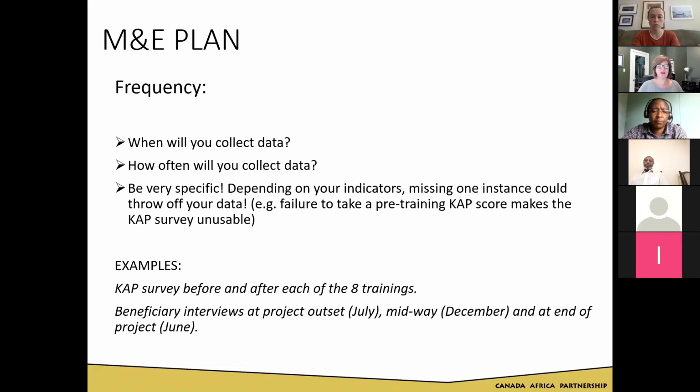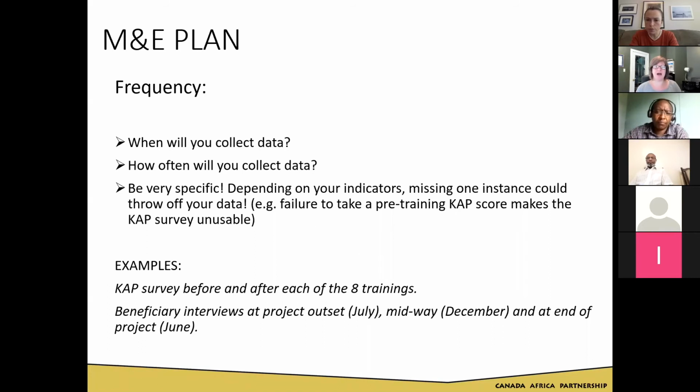I don't want to make assumptions about anyone's practice or your projects or your organizations. Obviously, I assume there's varying levels of experience and capacity, but I will say that generally speaking, monitoring and evaluation is something we don't do very well as a sector. I think it's the piece that is most likely to be forgotten or just dispensed with if we're under time pressure or stress, or in any way feeling